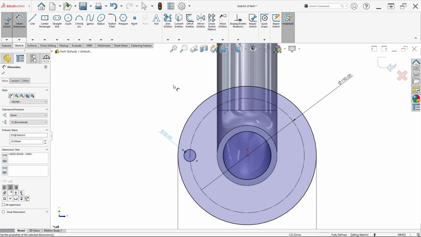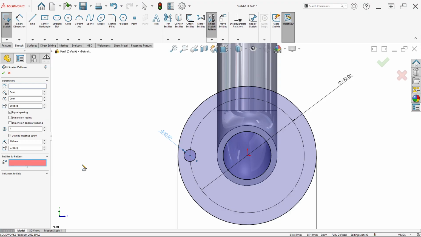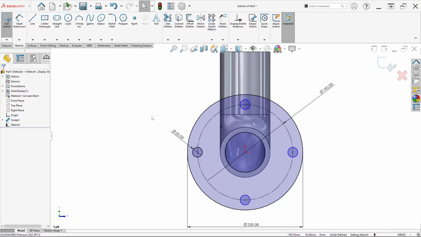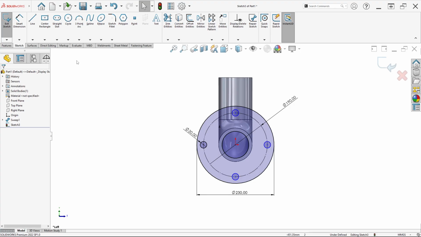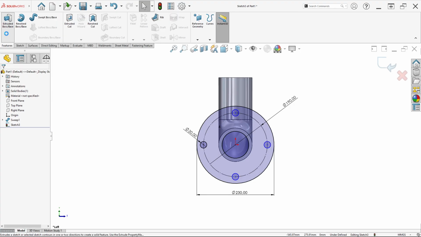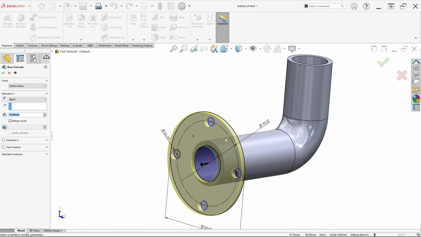Then select the circular sketch pattern button, click the circle, and ensure the number of instances is 4, because here there are 4 holes. Just click OK. After we make the sketch like this, click feature and click extrude boss or base.